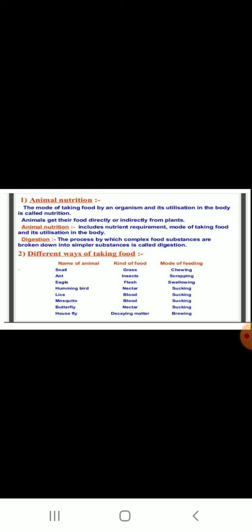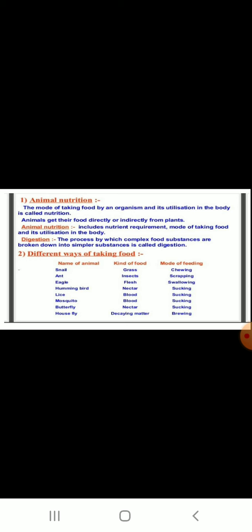The different ways of taking food, here a list is given: name of an animal, kind of food and mode of feeding. So here the list is given. When it comes to the snail, the kind of food it is going to take is grass. The mode of feeding is chewing, so it is going to chew it. And